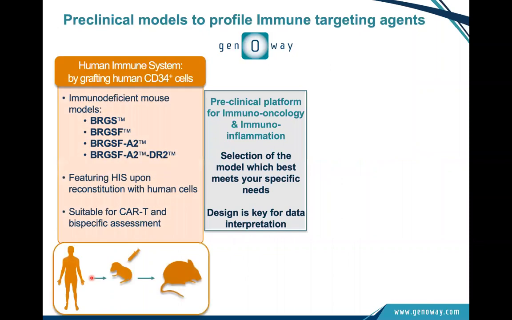Models which are severely immunocompromised, which could be reconstituted with human cells, and this is what I will mainly detail today. But we also decided to have a different type of model, because all of those models have great potential because they will help you to see how your campaign would modulate the immune response in a human context. They still have certain drawbacks due to the fact that the stroma around the immune system is of mouse origin, and the crosstalk between the stroma and the immune system will not be fully functional. So as such, recruitment of cells in the TME and so on may not really reflect what would happen in